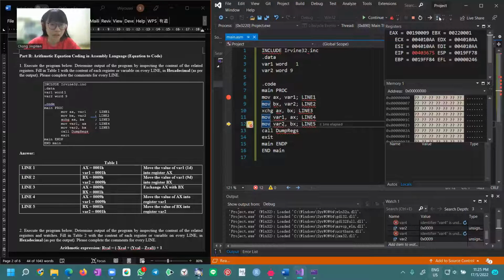Line 4 needs us to move the AX value to variable 1. So now AX is 0009 hexadecimal, and we move it to variable 1. So the variable 1 value will become 0009 hexadecimal. And the last line,